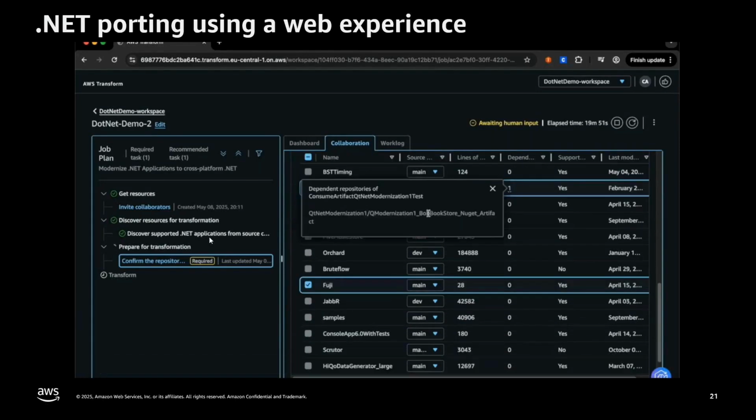Now, one thing to notice here is, as Nitz was explaining, when we do this assessment of discovering these repositories, discovering the kind of applications in there, we are also trying to find out dependency across repositories. So as soon as I clicked on this repository called Fuji, because AWS Transform knew that there is a dependency on this repository, it flagged that information.